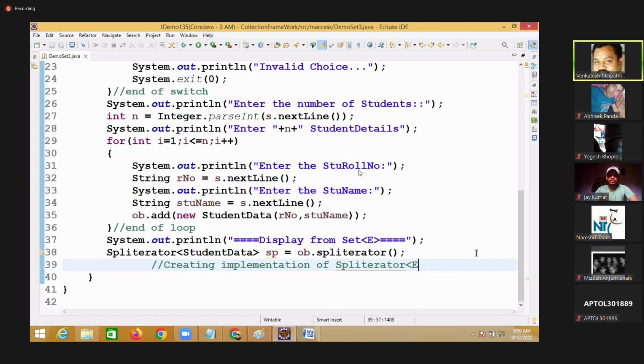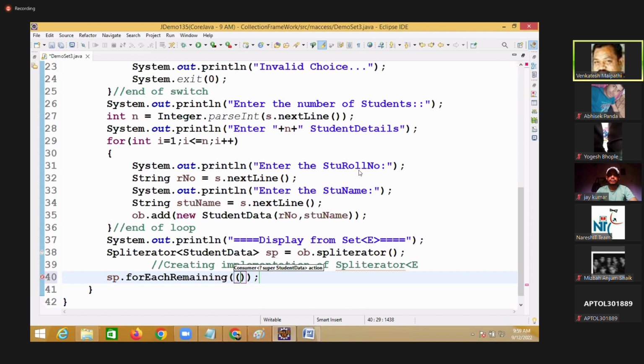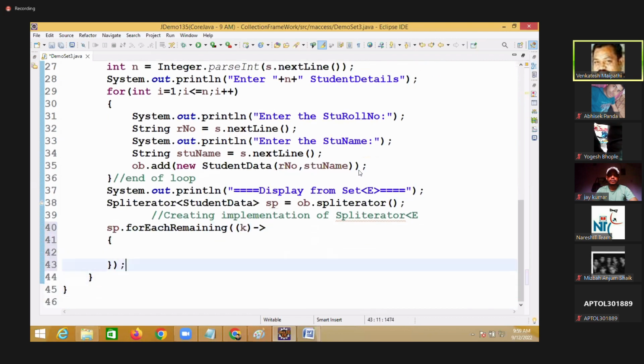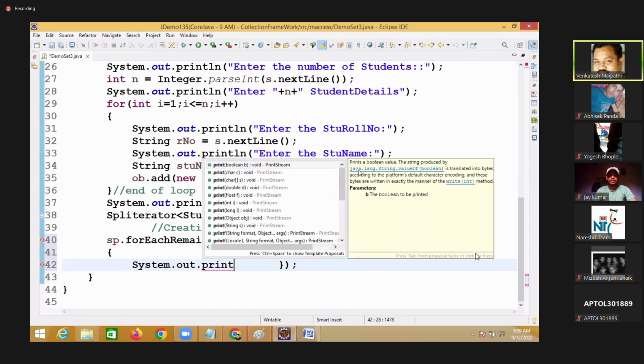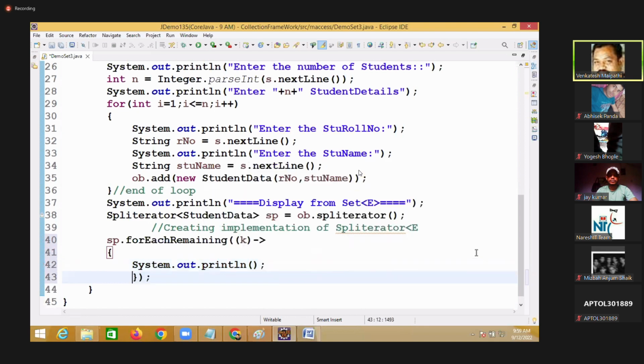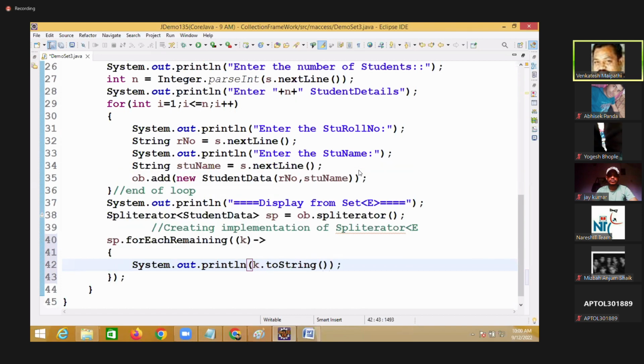Using this special iterator, SP dot for each remaining, we are using some lambda expression. K dot to string. Right. If I run it,